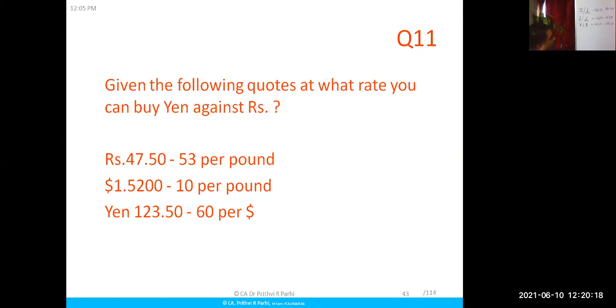And what do we want? Now read the first thing. What do we want? What by what? Yen against rupees. That means what exactly do we want? Who can tell me? Rupee by yen. Very good. It is rupee by yen, which we need. Why rupee by yen? We have to buy yen for rupee. Yes. Okay.